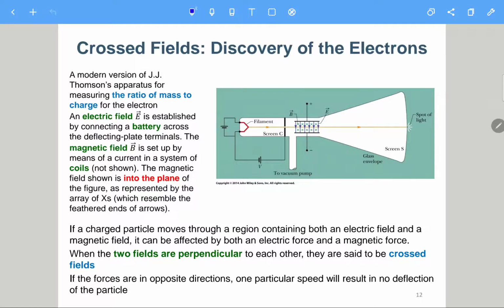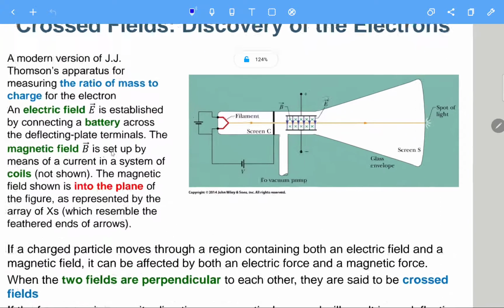So now we consider the cross field. The cross field means we have the uniform E field and also the uniform B field. Don't ask how to generate the uniform B field yet. We'll let you know in the next chapter, but now we assume we have the uniform E field and also the uniform B field, and they are perpendicular to each other,